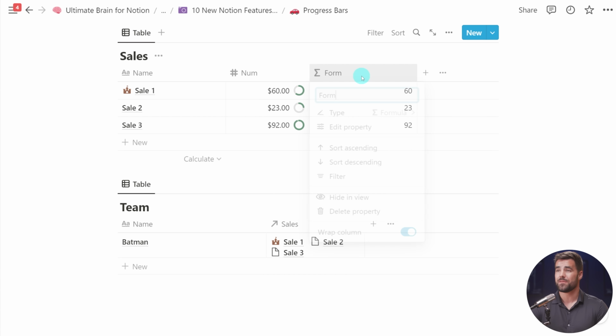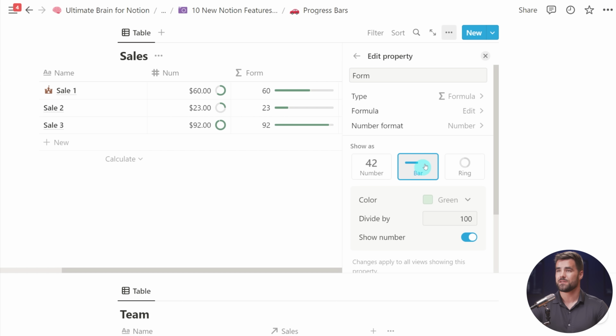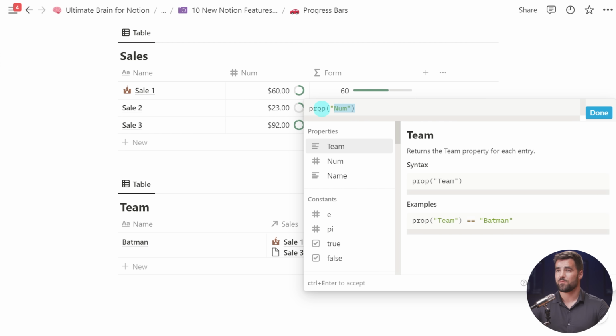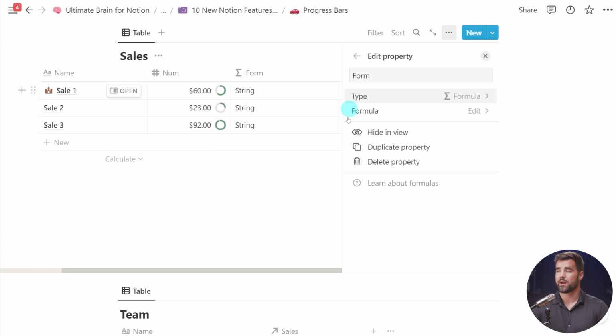So if I open up the formula settings right now, because it's outputting a number, I have these choices. But if I were to change this formula to output just a string of text, I'm no longer going to have that option showing when I go to edit the property. So keep that in mind when you're creating a new formula property. You're not going to see it. You need to actually type a formula, have it output a number, and then go and edit the formula property